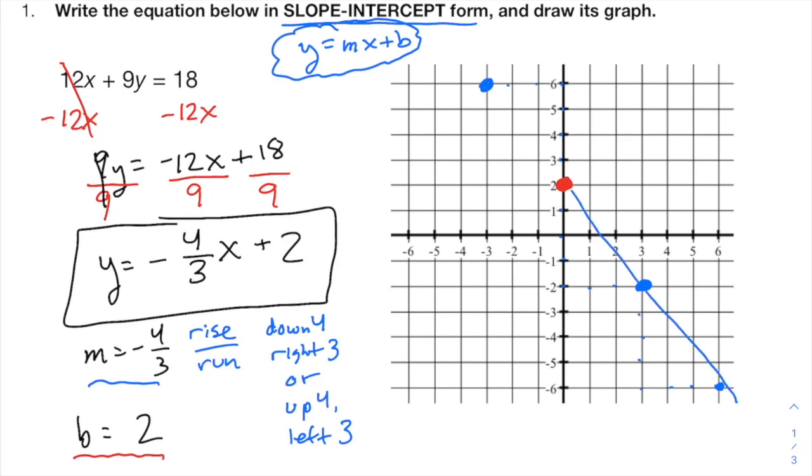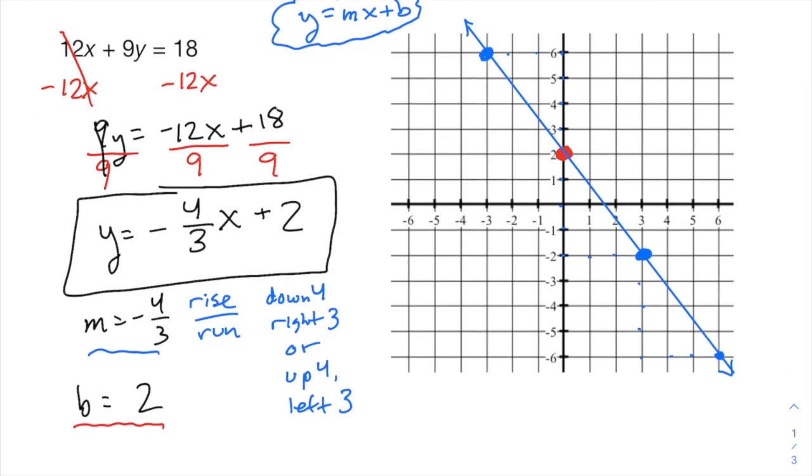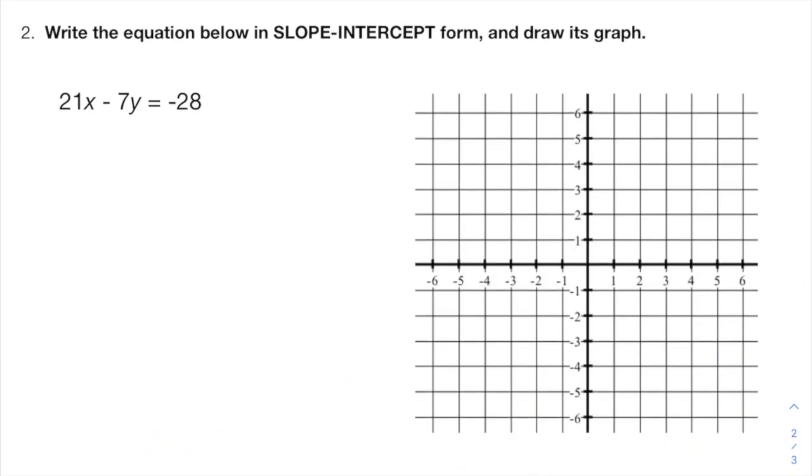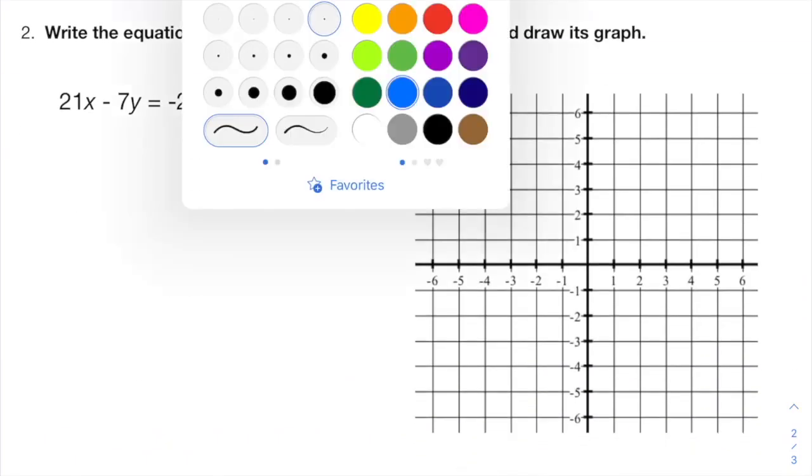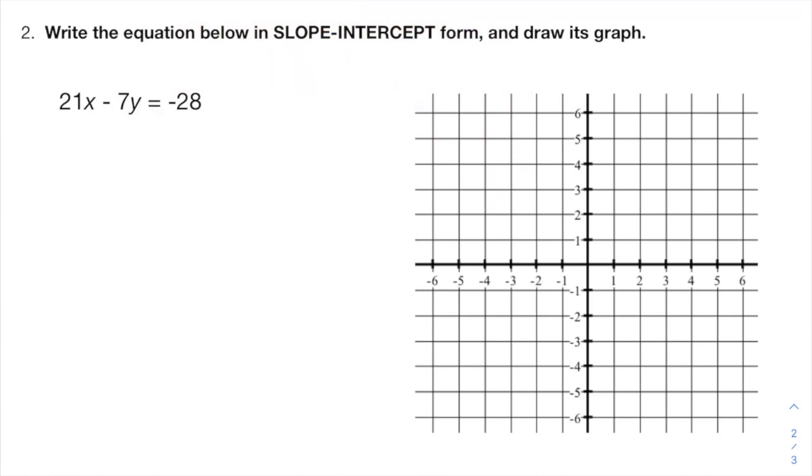Use a ruler, some kind of straight edge. And there we go. You can put some arrows on the end if you like, but at least make sure your graph is extended to the edge of the graph. And very nice, there it goes. Hopefully that's not too bad for you. And we'll just do one more example to hopefully drive it home here. If you'd like to hit pause and try this problem on your own first,